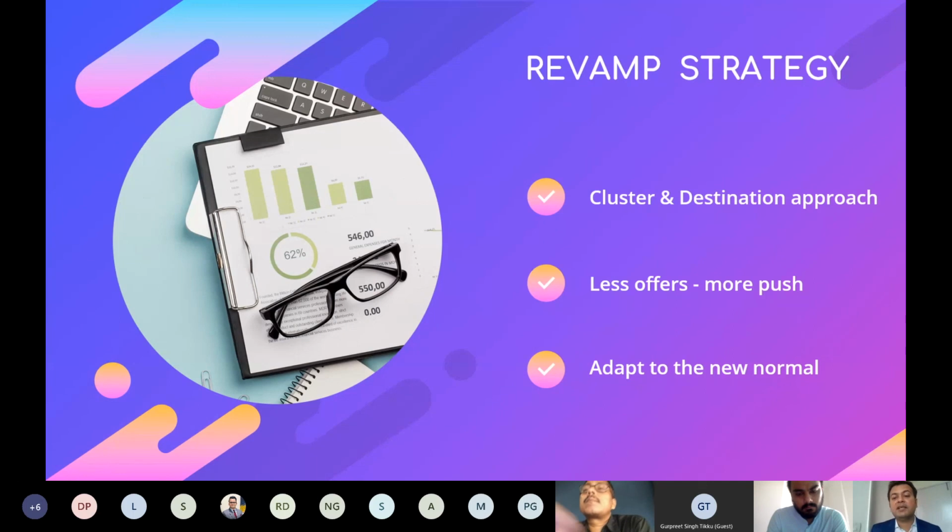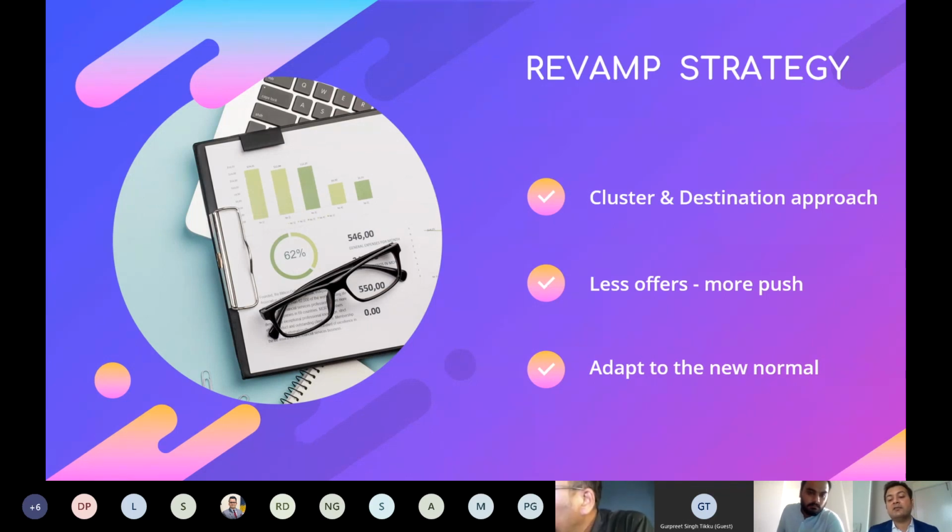We will move on to the revamp strategy as we move ahead, and we look forward to better times when traveling will be more frequent, and the lockdown will slowly ease up. And we have good news, like countries like New Zealand, which have been able to eradicate corona from the whole country. And I think we are looking forward to a similar day for India. It might be a bit far away, but eventually we'll reach there.